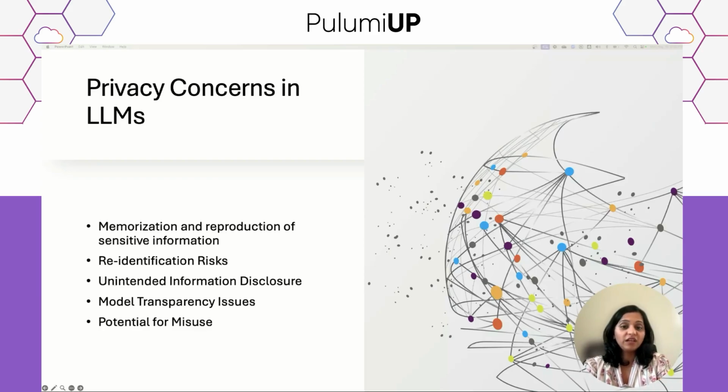And finally, we need to consider the potential for misuse. These models can generate very convincing human-like text, which opens the door to things like impersonation or creating deepfake text content. This capability in the wrong hands could pose significant privacy and security risks. These concerns aren't just theoretical, they have real world implications. In our next slide, we will look at some concrete examples that bring these issues into sharp focus.